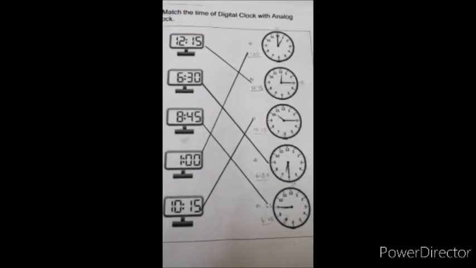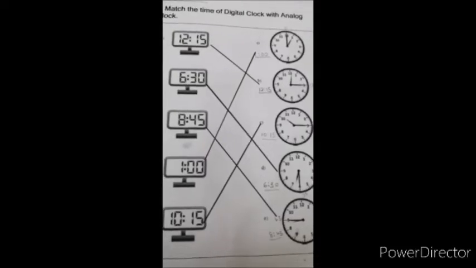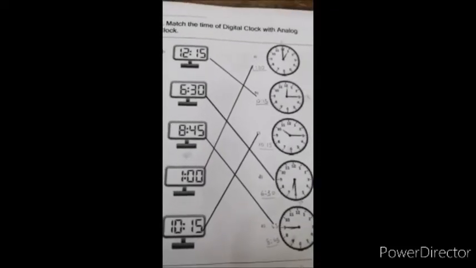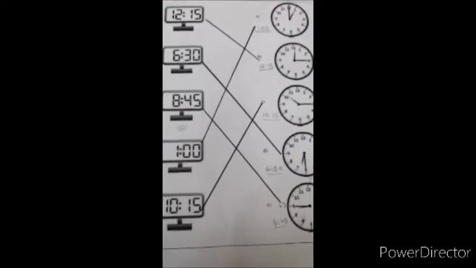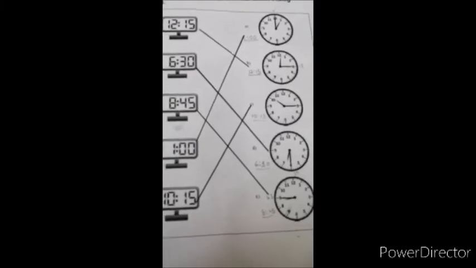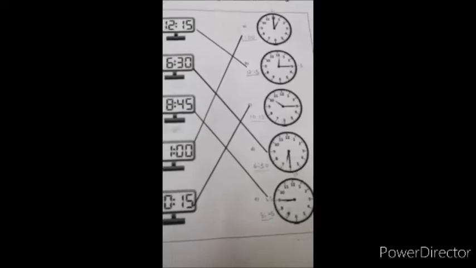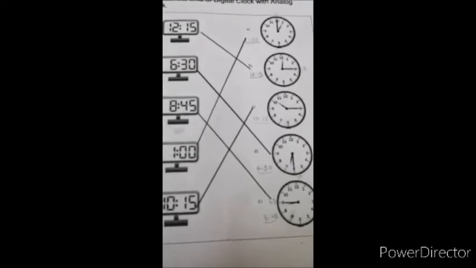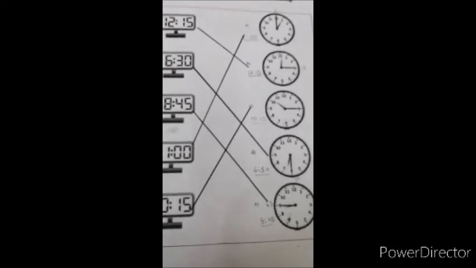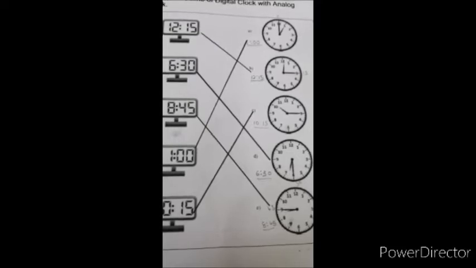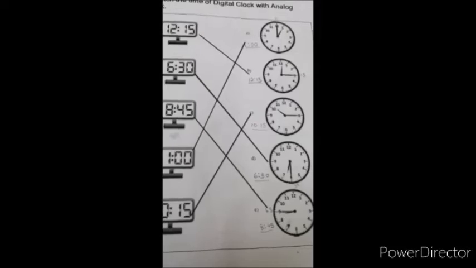So now you have learnt about analog and digital clocks. You know about short hand and minute hand, AM, PM. So what will you do now? You will see the analog clock at your home and try to read the time on your own. So every now and then you see the clock, tell the short hand and the minute hand, multiply by 5 and tell the time. Like this, if you do, you will be able to read the time very easily soon. You read the time and ask your parents if it is correct. Then you practice like that.